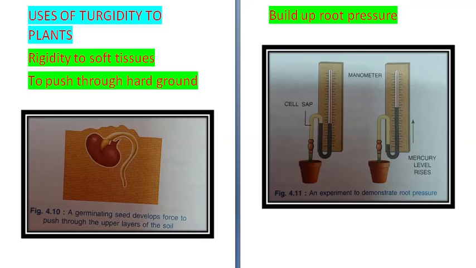What happens in the afternoons, especially in summers, is that water is being lost from the plant through transpiration, and that much amount of water is not being absorbed by the roots. So there is deficiency of water and they wilt. In the evening, when transpiration becomes less and the quantity of water absorbed becomes more than that lost, again the leaves become turgid.